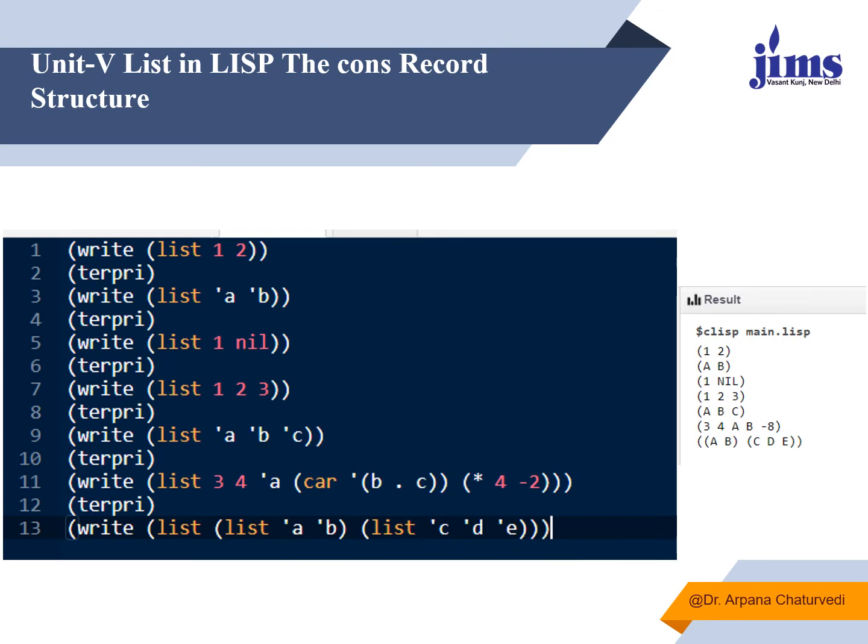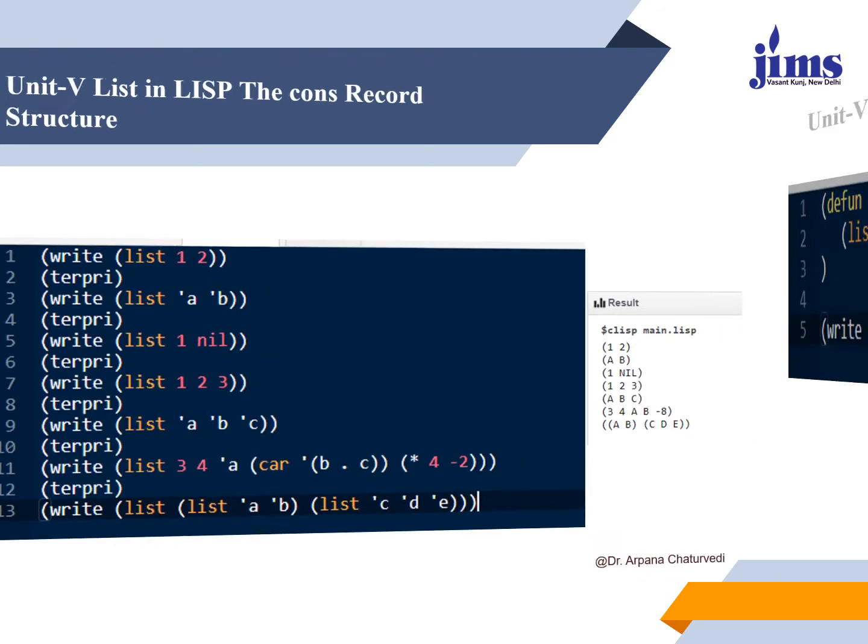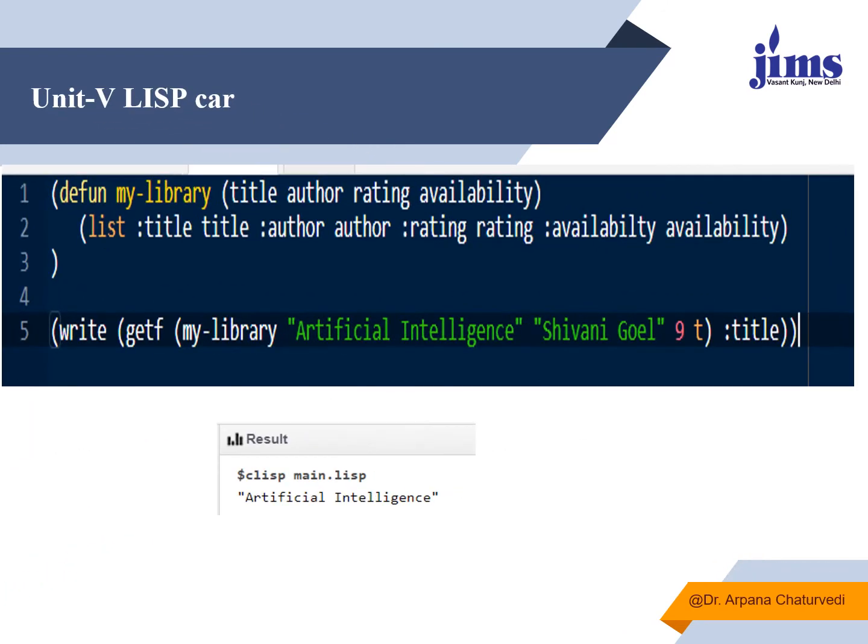Similarly, you can look over here. Here we are having a list. Within this we are having a nested list which has the elements A B. Within this we are having again one more nested list which has three elements C, D, E. So the output of this complete list will be A, B, C, D, E, with A B in one list and C, D, E in another list. So this is how we can use the list function of lists to manipulate the data.